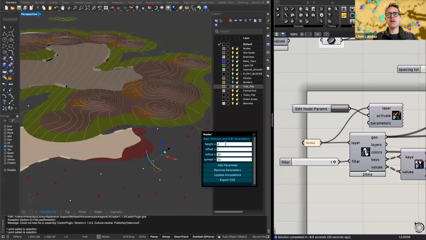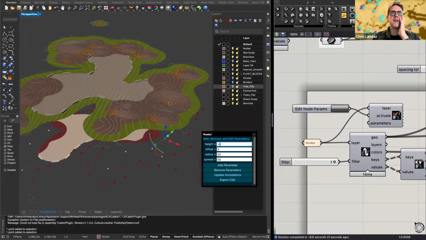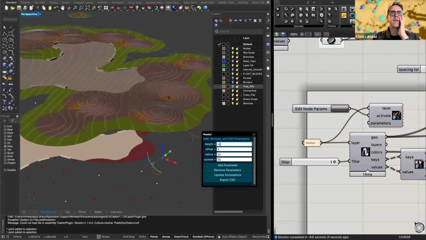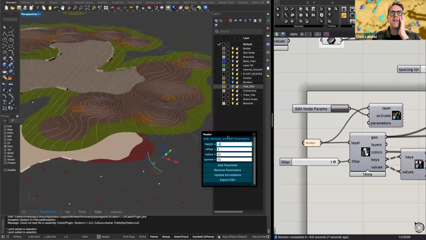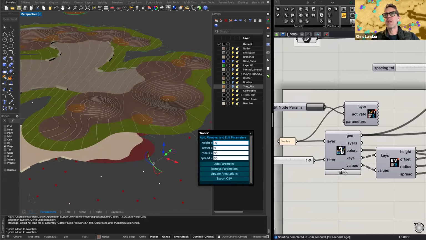This guy here is going to be -5 feet instead of 8. So watch what happens. Currently all these trees are planted here at the edge, and then I push it down, and now the tree wants to be in the basin. And the things to understand here, backing out from this general example of what's happening, is